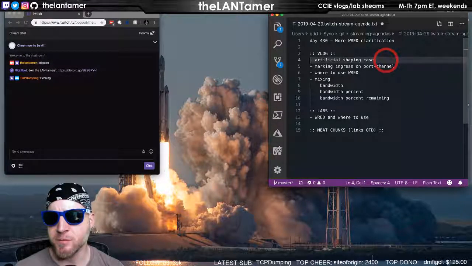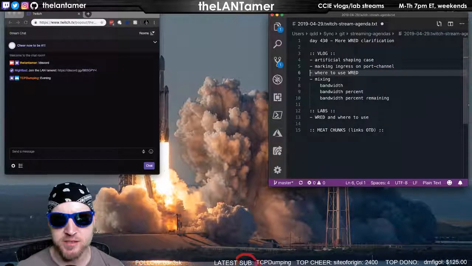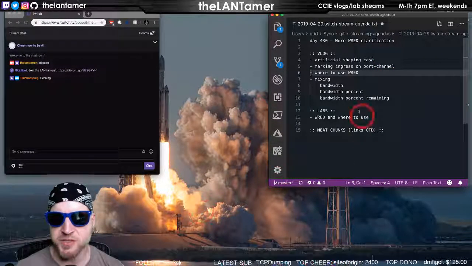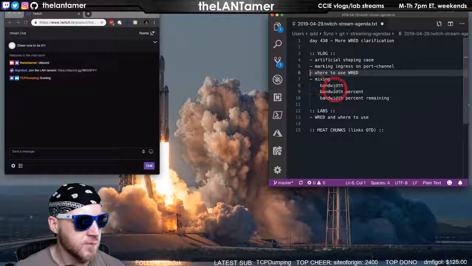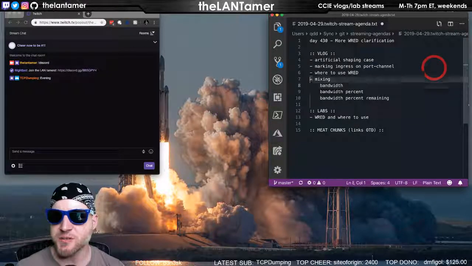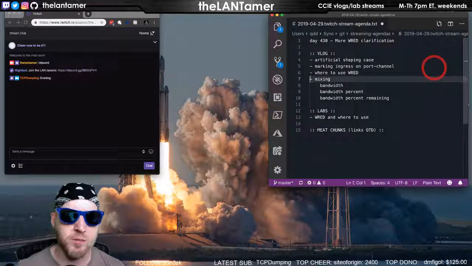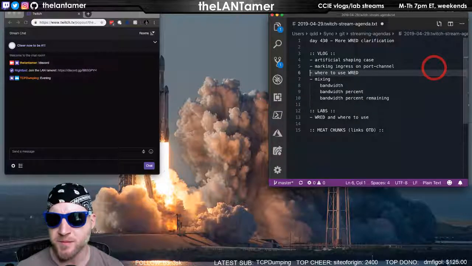Ingress on port channel, marking ingress on port channel on ISR. I have not followed up on that yet. I need to. Based on things I've got going on, I may do it today. I might play with that using just the viral image here. But I do want to play with that. I'm getting into some subtleties of the QoS config that I want to play with, and I'm kind of working my way through. It's hard to find definitive information sometimes.